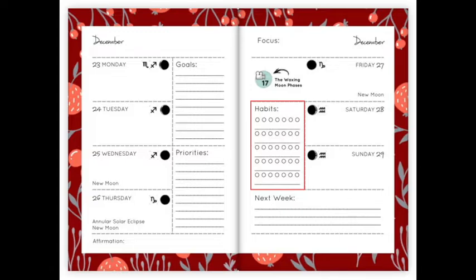Maybe you want to take a long walk every day. Maybe you want to paint every day. Maybe you are trying to break the habit of going out to eat all the time, so you're trying to make sure you cook at least one meal every day. So anything that you are trying, any habit you are trying to build, you can fill them in this space here, and you can track those habits. And these can change from week to week if you decide that that's not a behavior you want to add to your life, or you can track the same habit every single week. And finally, there is space here to look into the following week, what's coming up next week, so you can prepare and plan for what's coming up next.